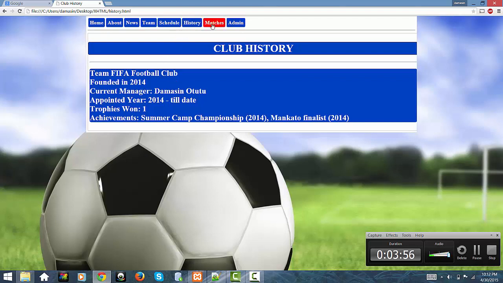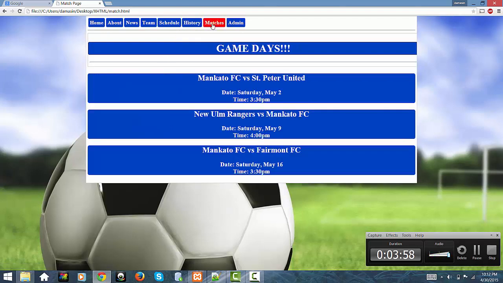We also have matches, and in this case we have 3 scheduled matches. So this page actually shows us all upcoming games with the dates and the times. For instance, Mankato FC, which is our organization, is going to be playing St. Peter United